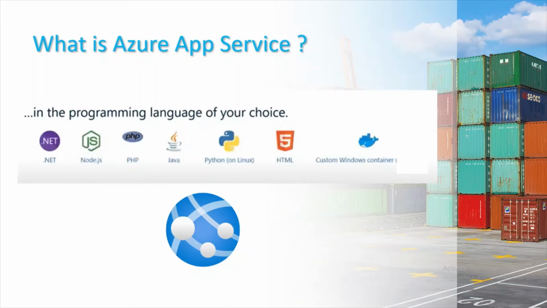So you have to choose. They give you the flexibility of the programming language of your choice. You choose .NET, Node.js, PHP, or Java. It provides the runtime for you, and you just run your application on that. And let's say you want to use Ruby on Rails to deploy your application on Azure App Service, and there is no such choice. You end up doing a containerized Ruby app